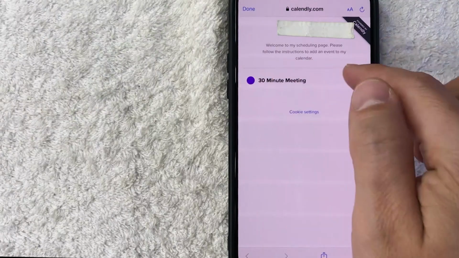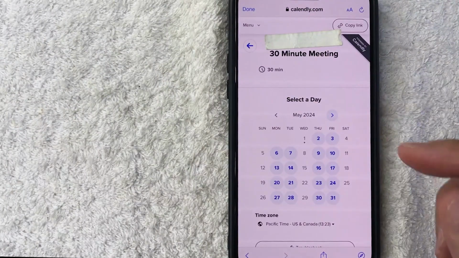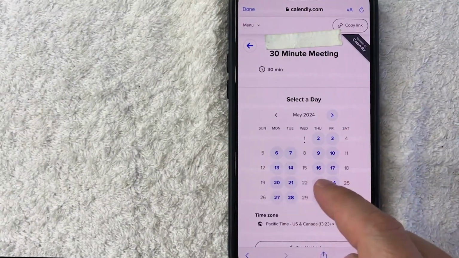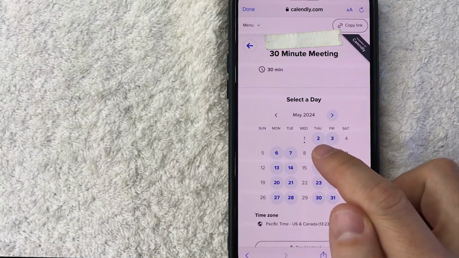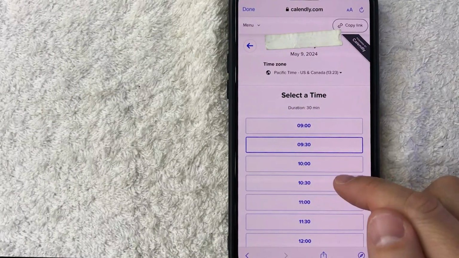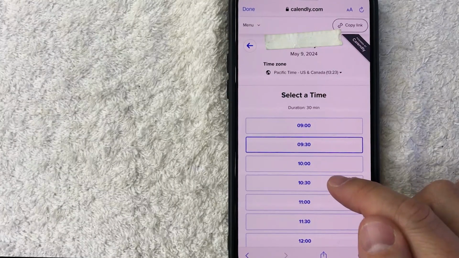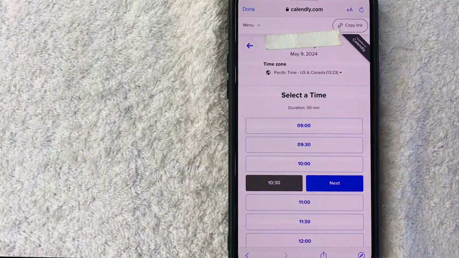For me, I just have this one, so they'll just click into there. Once they click into there, they can go ahead and choose a date. Let's just say they chose the 9th. Once they click in there, they can go ahead and choose a time. So they'll click on, let's say, 10:30, and then they can just continue the process and go ahead and schedule